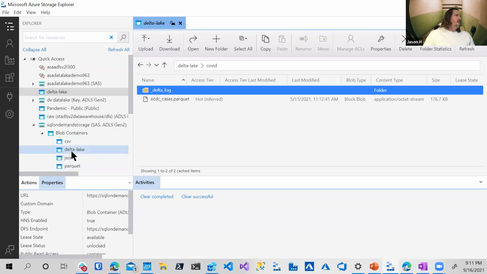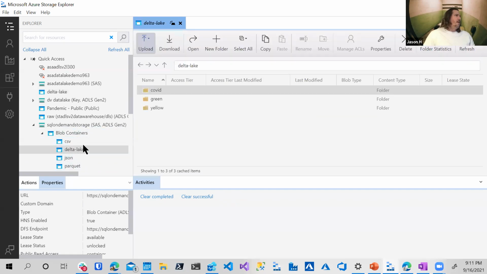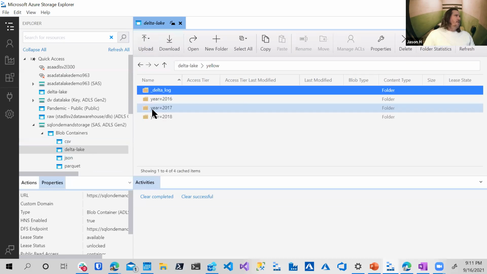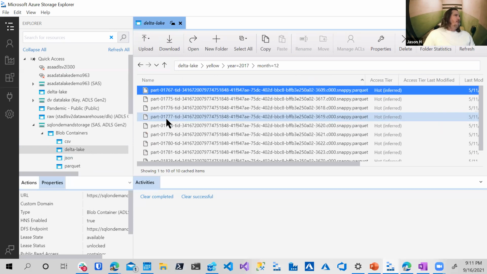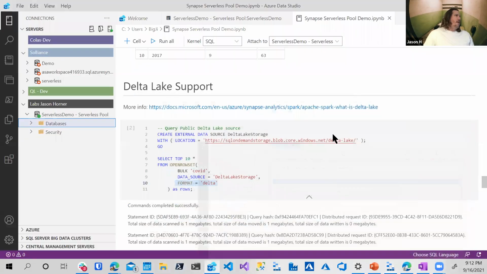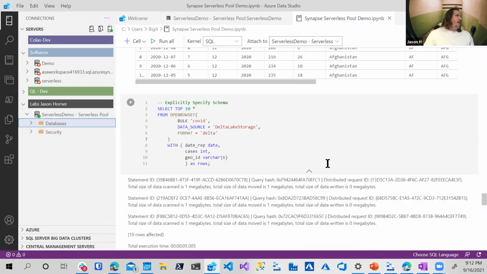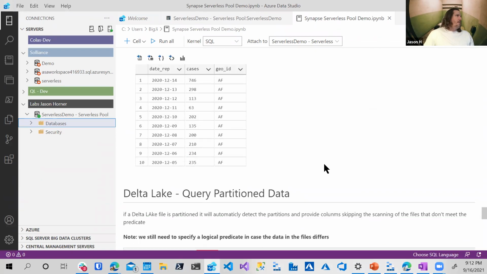The other interesting thing too is if I go to here and look at this yellow structure. Notice here I've got that Hive partitioning with the year equals, and then I've got months, right? And underneath here I have all these different Parquet files, right? This was generated by a Spark job, so these are the Spark job identifiers. And then it's using snappy compression, which is a compression mode, and it's just a Parquet file. But the point of showing you all that is that if I go in here and run my Delta Lake query against partition data,